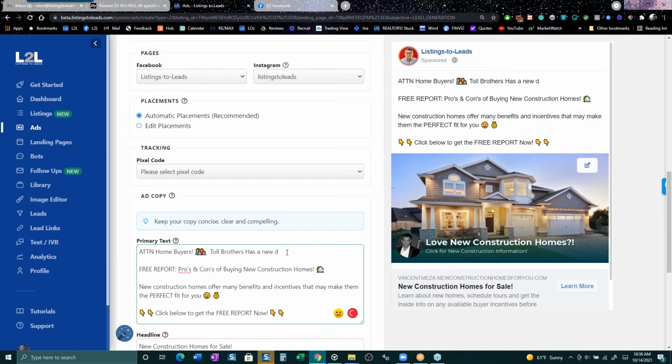Whatever I type in this box on the left shows up on the right, and you want to make that change before you run the ad. Now, I just want to point out, this says it's sponsored by Listings to Leads. Yours, the first step for you is to connect to your Facebook business page, so it's going to be sponsored by you. So I want you to remember that every time you're running an ad,